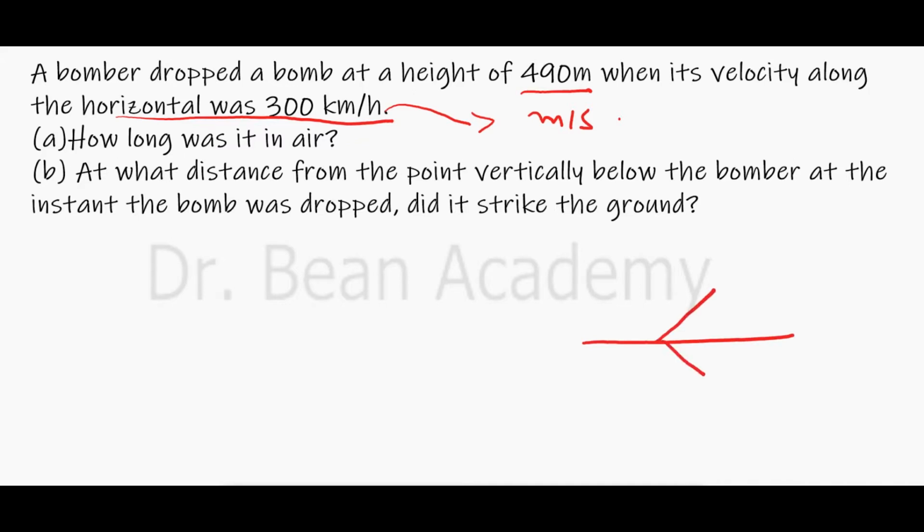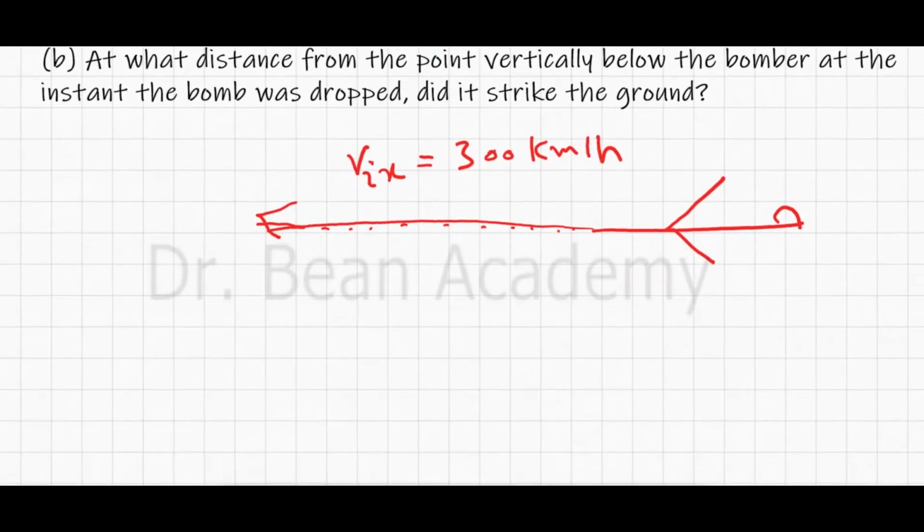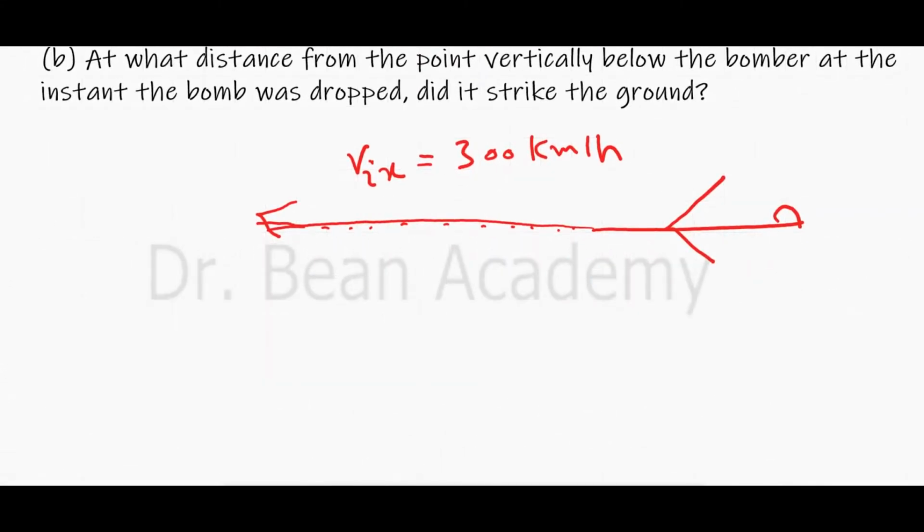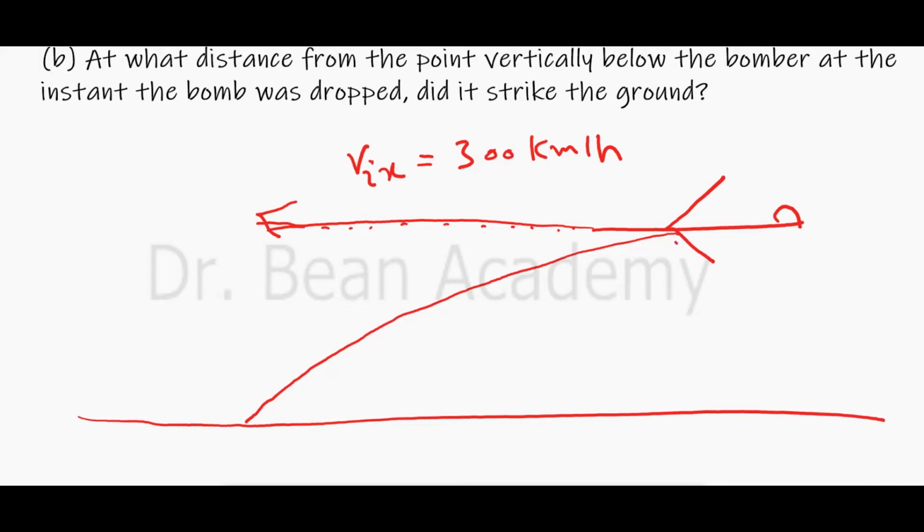So here is the bomber, and it is coming with a velocity Vix, and it is 300 kilometers per hour, and don't forget to change it to meters per second before you can start your calculations. This velocity is purely horizontal, of course, because he is going this way, and at a certain point, when he reaches a certain point, he drops a bomb. So when he drops it, the bomb will follow a trajectory something like that, and here is the ground,